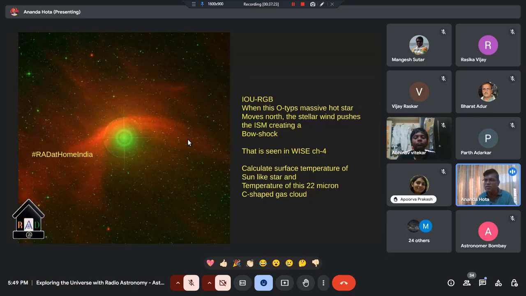But despite being cold, it is still a black body, emitting around 22 micron. That is why the infrared picture is showing that shell. The optical picture cannot show it because it is not 6000-degree hot. It is not ionized.